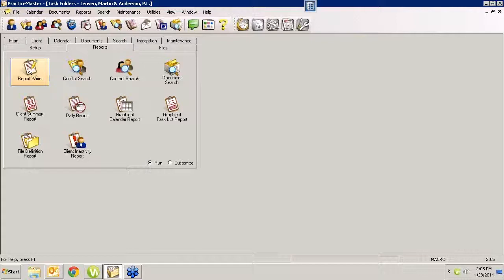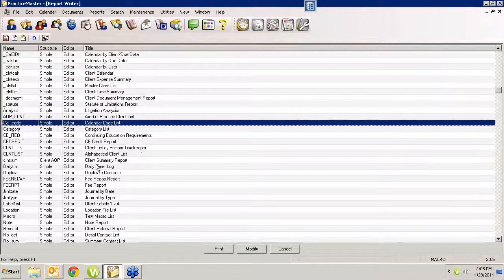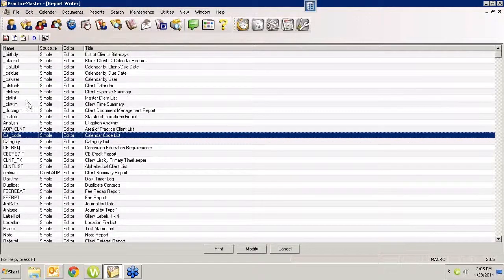I don't know how to do that, so I'm not going to even click on that icon. But if you do click on that icon, here are all kinds of different reports that come standard with PracticeMaster. If you didn't know that these were in here, just because they're not showing on another screen, they are still available for you to click on and to print, either right from here or, like I said, if you find one that you like, you can customize that report screen and pull it out so that you can get